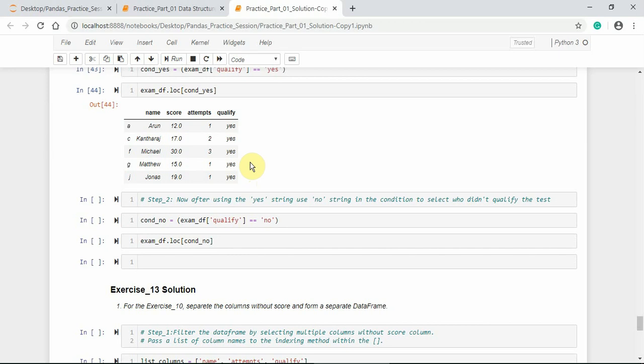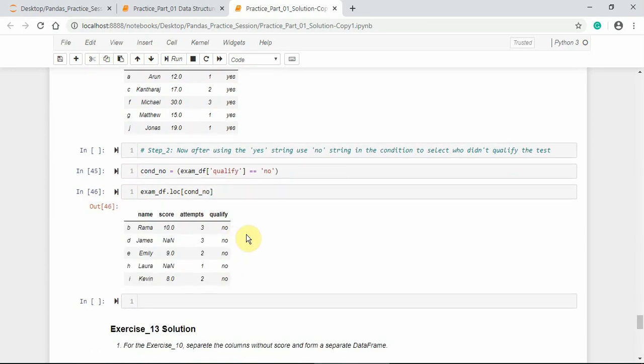Let us use another condition with the no statement on the column qualify. Here we got the data frame with the no statement on the column qualify.